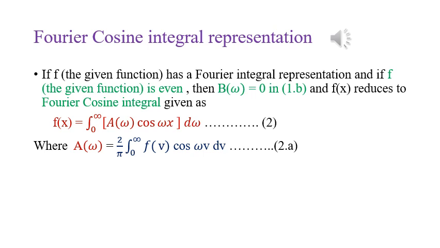And what about a of omega? This cos function is an even function. So integral minus a to a f of x dx, if f of x is even, you can write that as 2 into integral 0 to a f of x dx. So f of x is even, cos is even, and even into even is even. So you will get a of omega is equal to 2 by pi integral 0 to infinity f of v cos omega v dv.